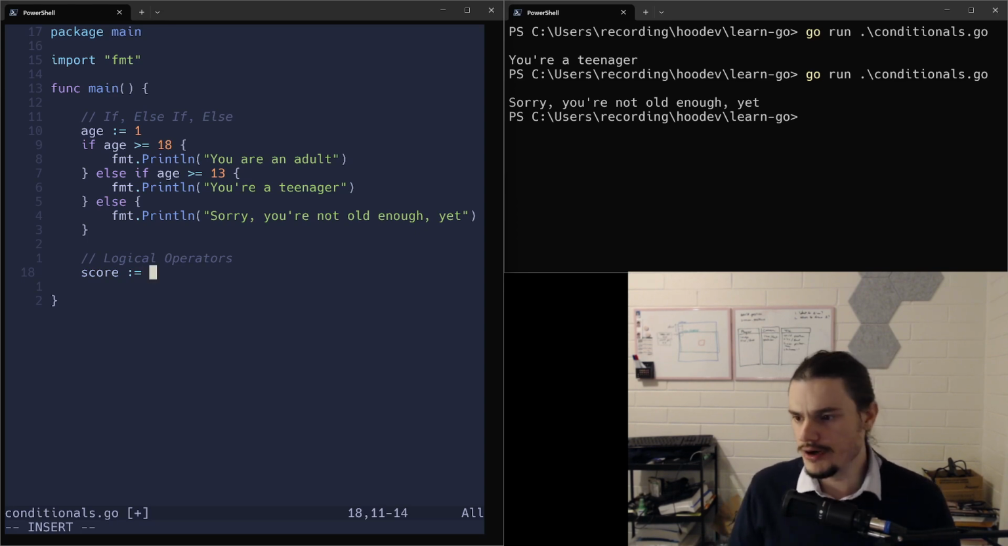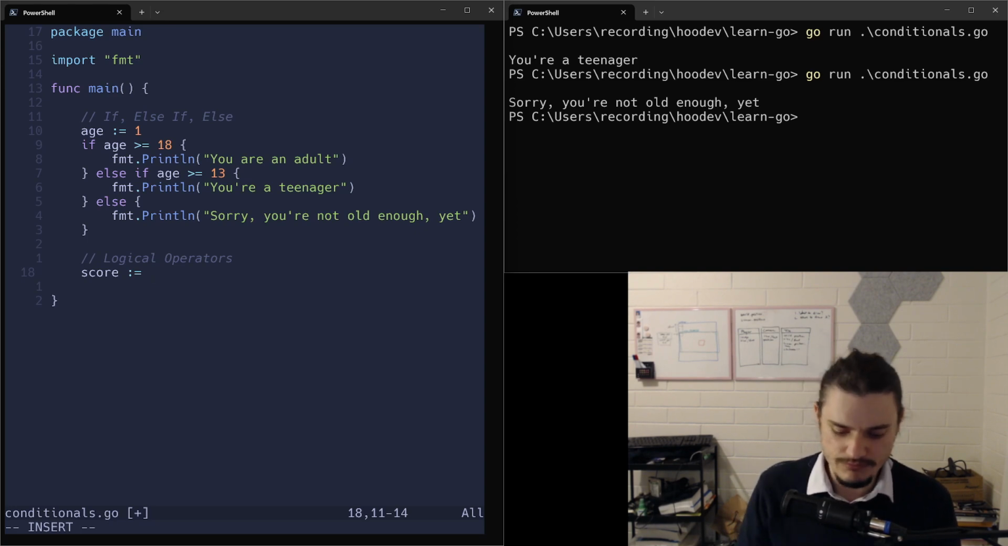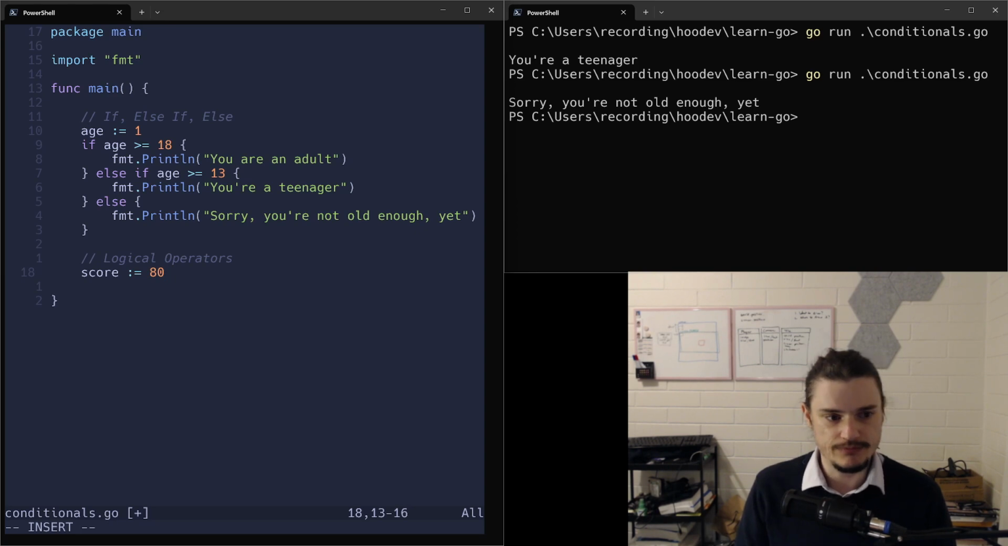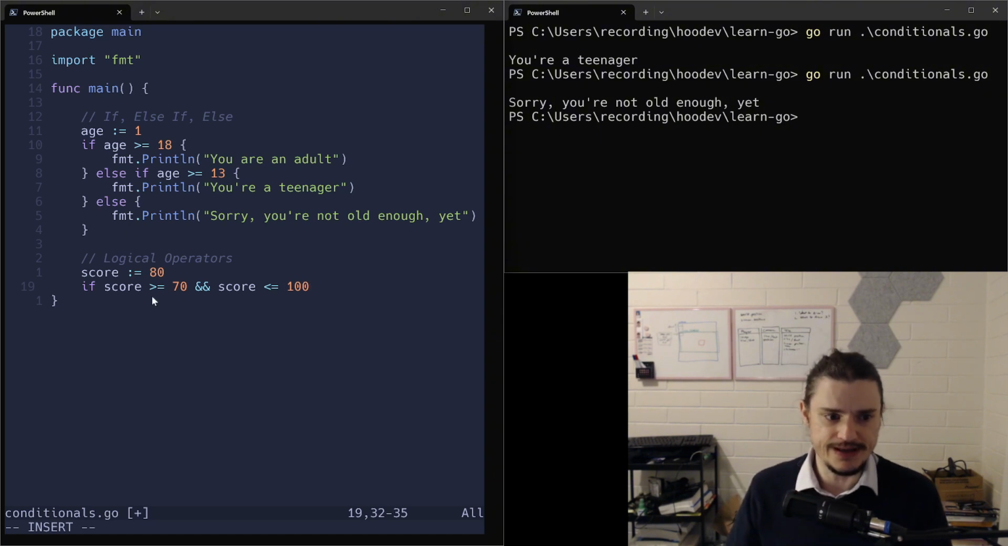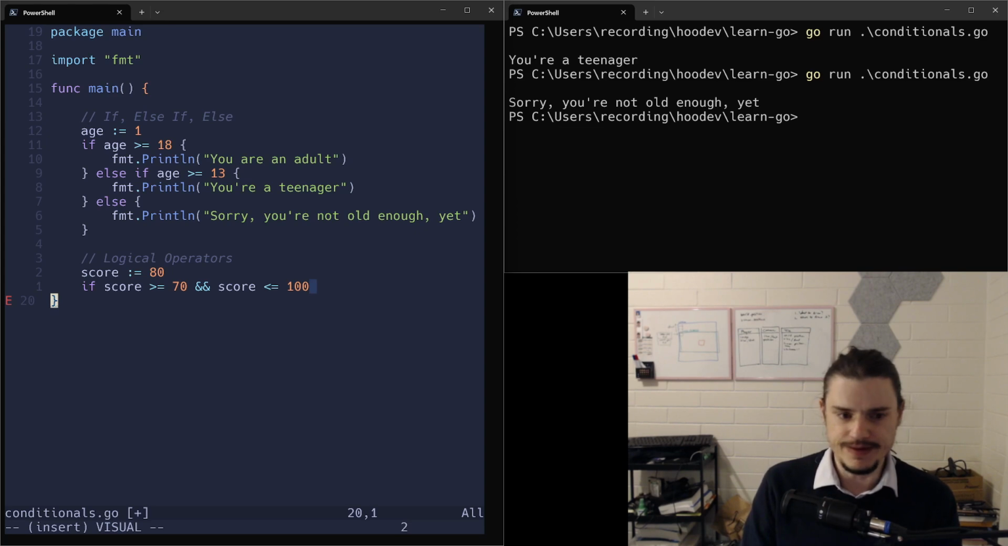So our score is, what should we make our score? Let's make it 80, so 80 out of 100. Now, if score is greater than or equal to 70, and score is, I don't know, less than or equal to 100. Right, so let's say 100 is the max. So we can say if your score is greater than or equal to 70 and score is less than or equal to 100, then